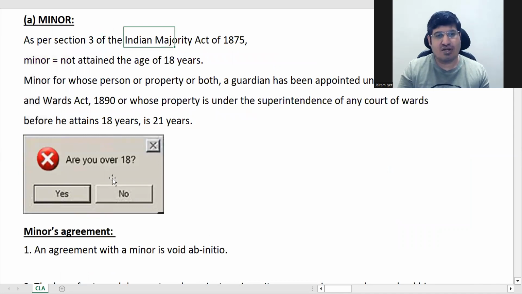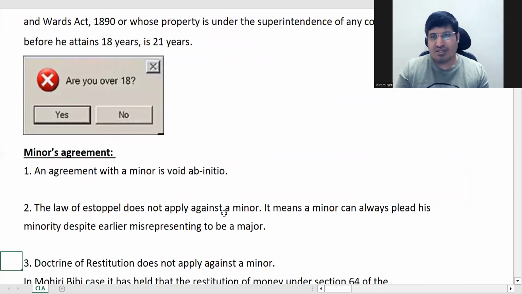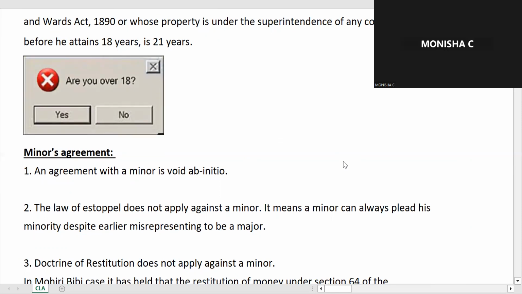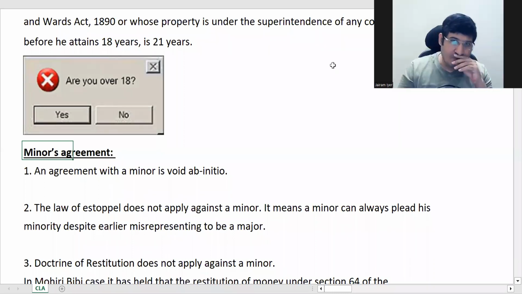right? So it says, are you over 18? Right? If you're over 18, you are over 18 means 18 or over, you can say. Okay, so you please go on mute. Oops. Okay, so